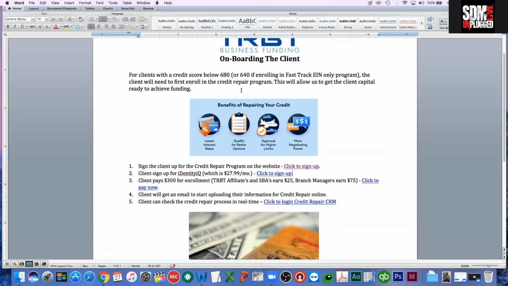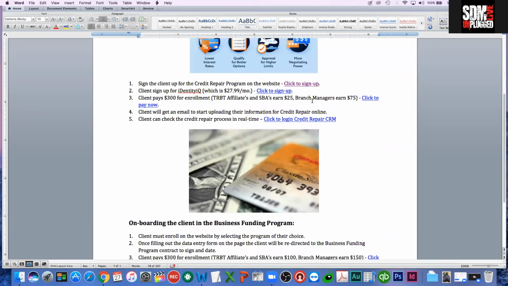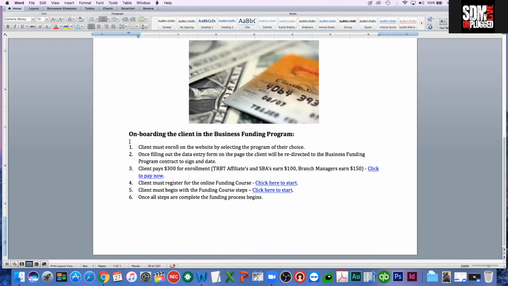They got any bankruptcies and stuff like that. That makes a difference with the funding process. So we just want to know before we get them started with the business funding program, so we won't really have to waste their time, and they don't have to waste our time. Once we stroll down, that's when we start the business process, onboarding the client and the business funding program, which